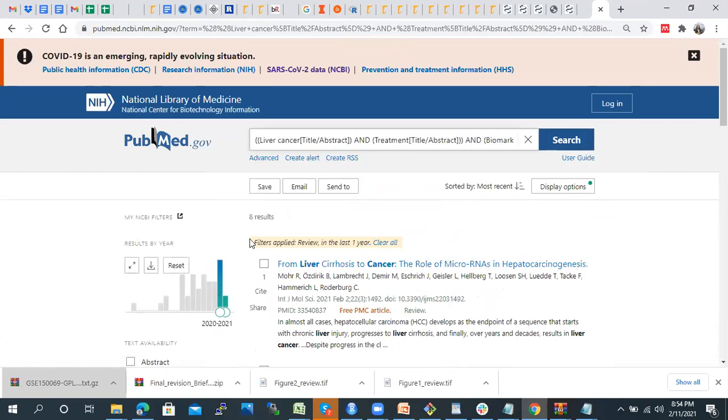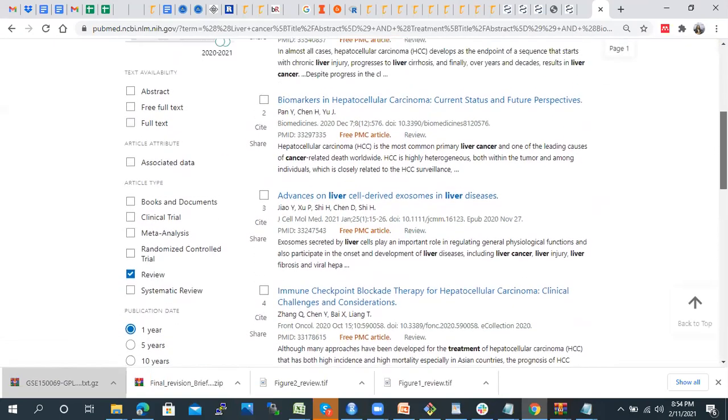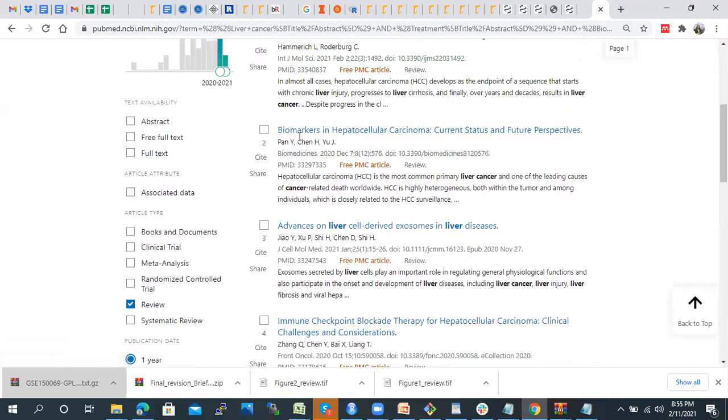Now you can go through these articles and understand exactly what is already done. For example, just look at this review, biomarker in hepatocellular carcinoma, current status and future perspectives. When you are going through the review, you must make notes like what is already addressed, what they have discussed that is yet to be addressed, and what the challenges are.